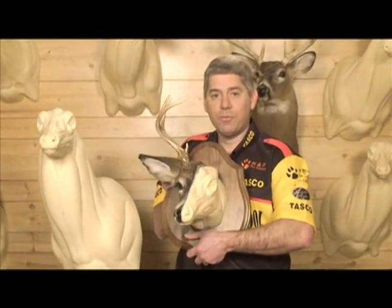Now here's an interesting item. This is actually a half-mount deer that I did. And the reason why I did this is to show what the computer-aided design looks like in the mannequin and then the corresponding mount. And if we take a look at it and I roll it from side to side,